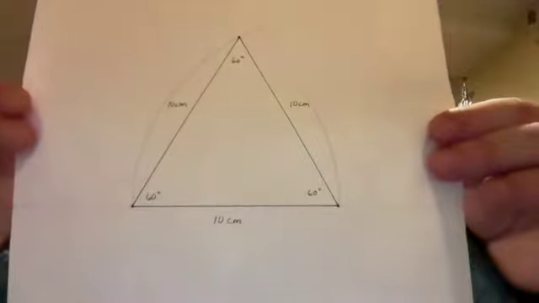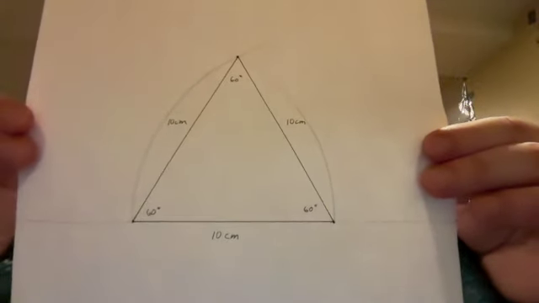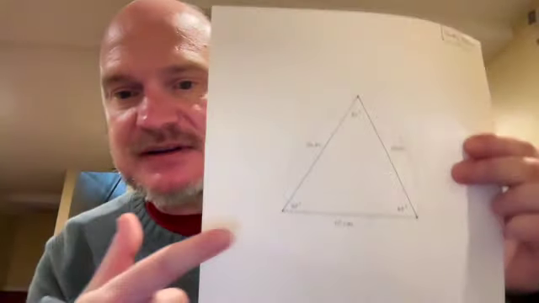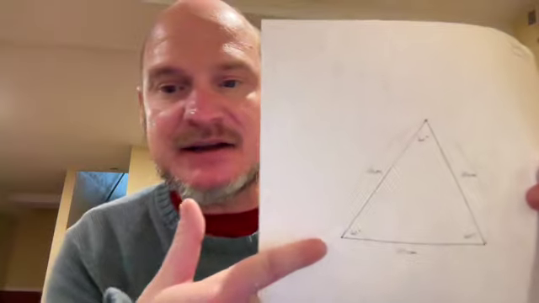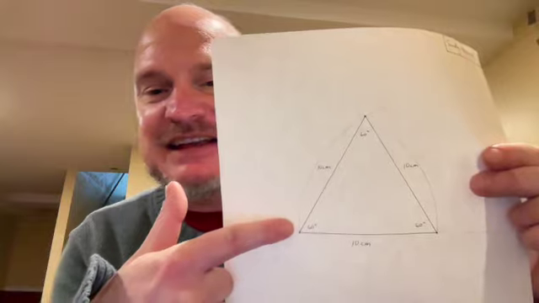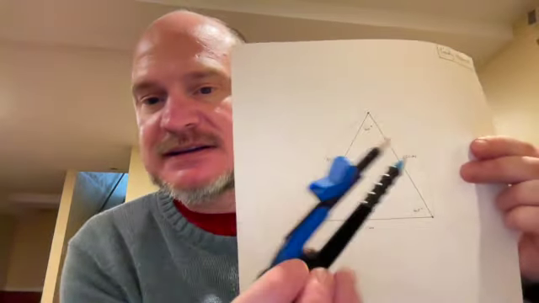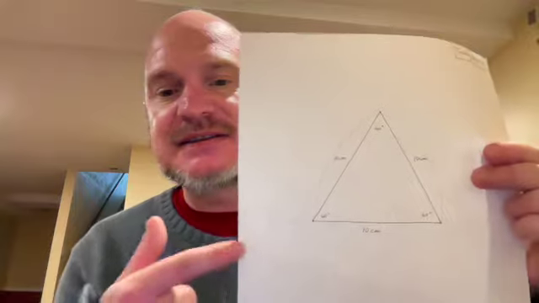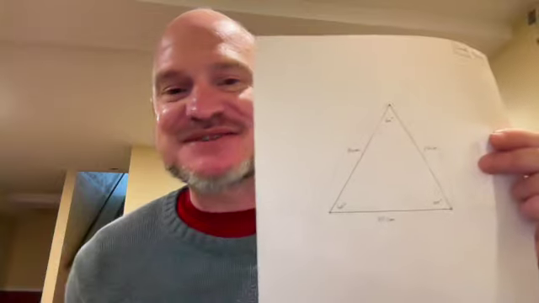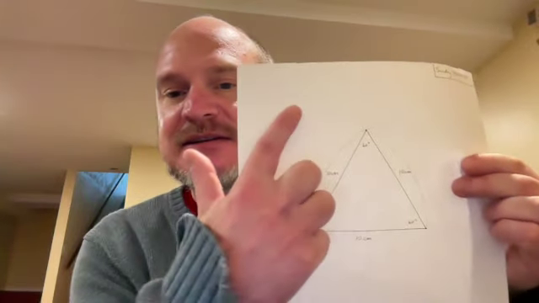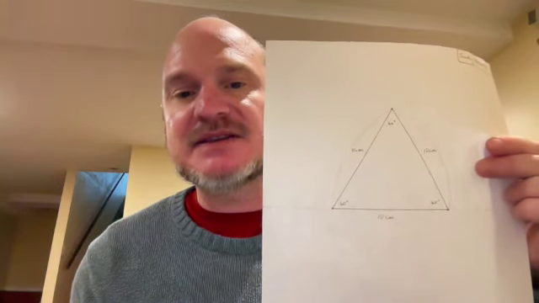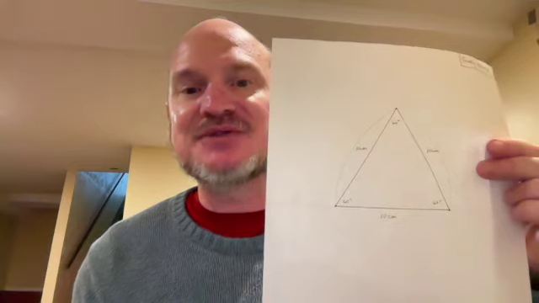This is an equilateral triangle. It is the basis of the universe, right down to the flower of life and beyond that. As you can see, how it is constructed is they drew a line here at the bottom. I drew it 10 centimeters, but it can be drawn in any length. And then with the compass, they drew arc lengths from one side all the way up to the top, and then from the other side as well. And then from there, where the two crossed, they would draw a point and then make the straight lines, and that's how they would construct an equilateral triangle.